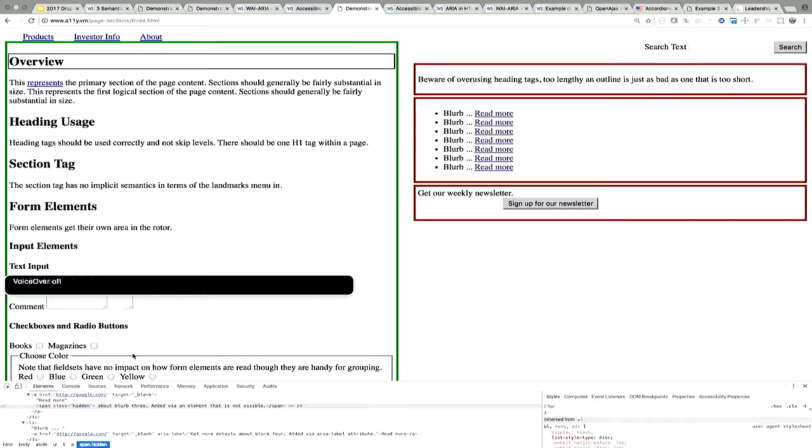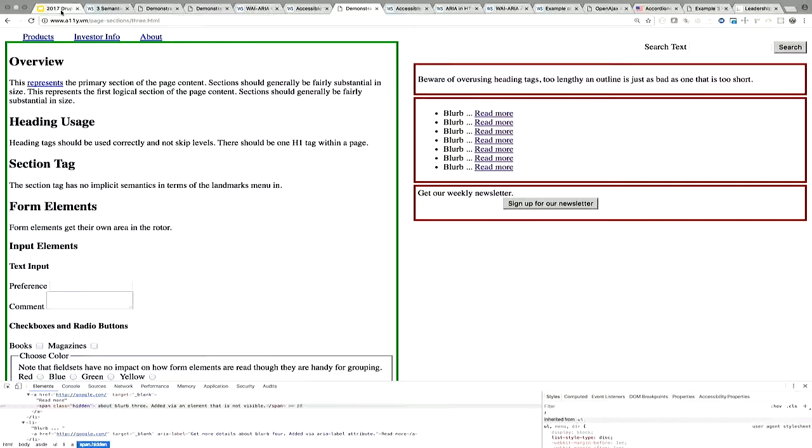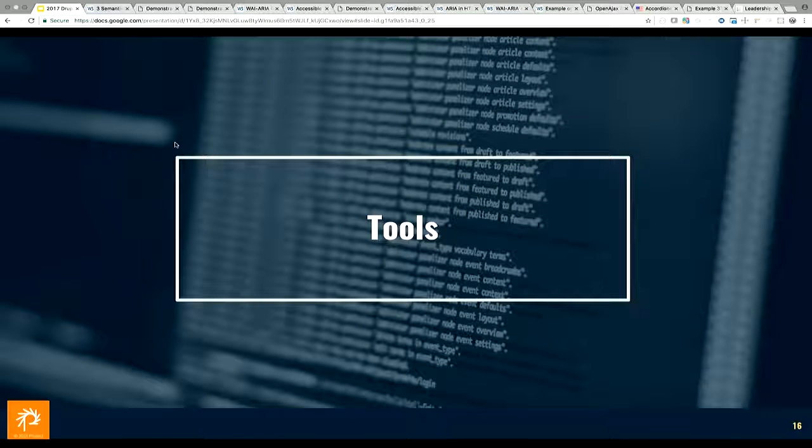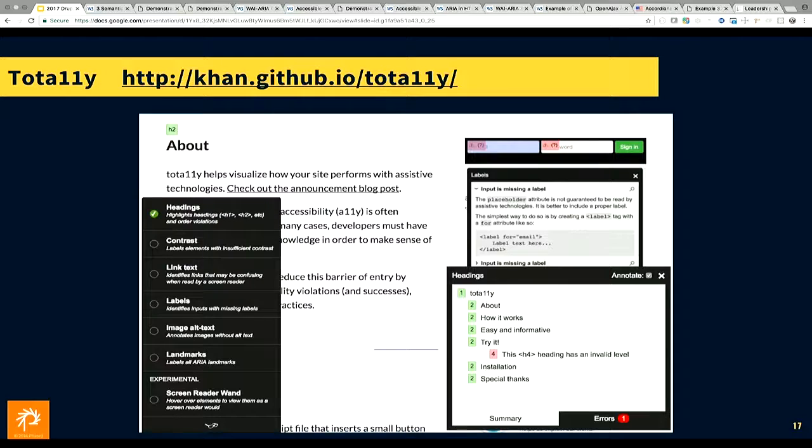One other thing to note here, the field sets that you might see in the forms are not actually read as part of form elements. That's just a handy thing to know. No items in heading level 1. VoiceOver off. All right, so now let's talk about some tools, because while screen readers are great,